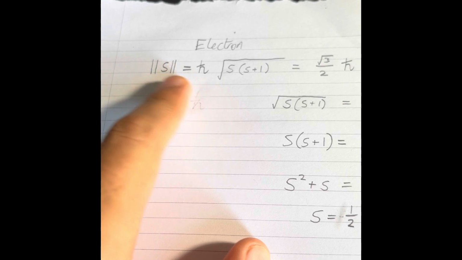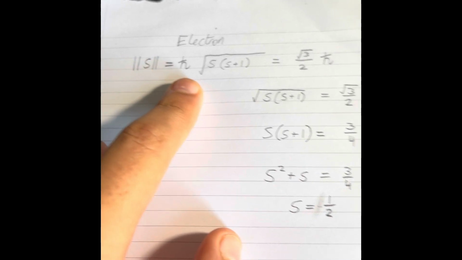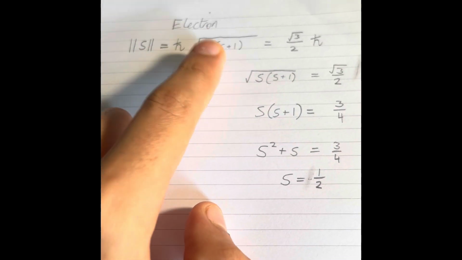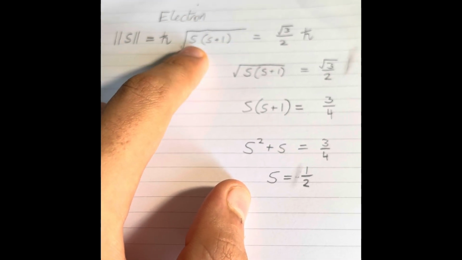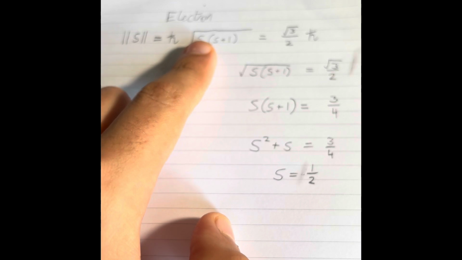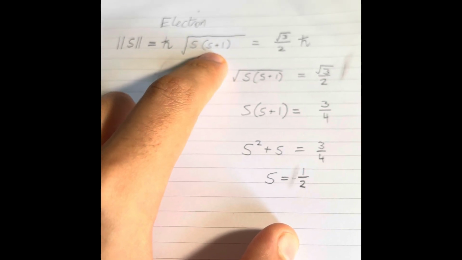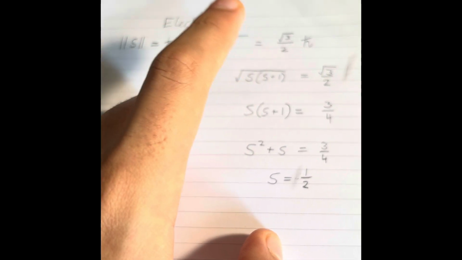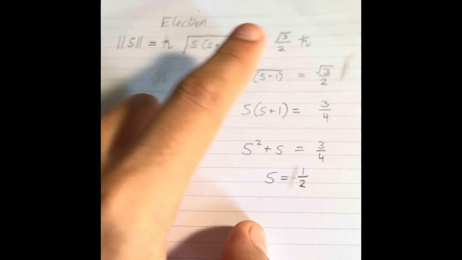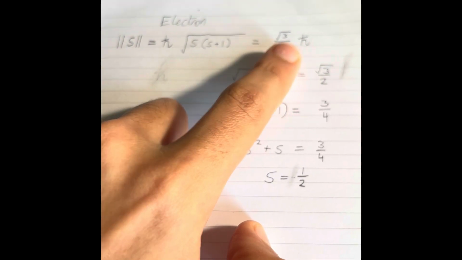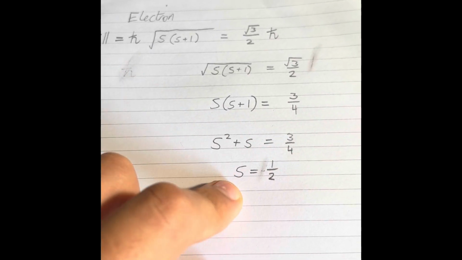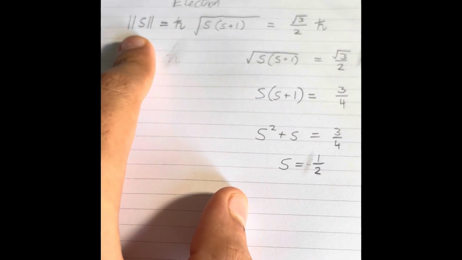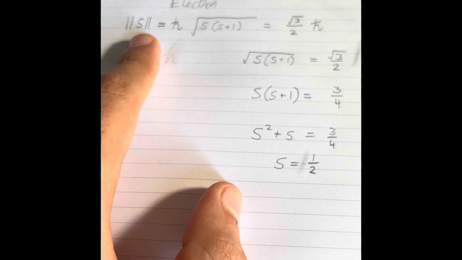So for an electron, magnitude of spin is equal to Planck's constant times, this is something called the quantum momentum number, which we're working out here, times the quantum momentum number plus 1. And if you do a really long derivation, you get root 3 over 2 Planck's constant. And so you can obviously solve this for this. So you get S equals half, and you can sub that back into there,